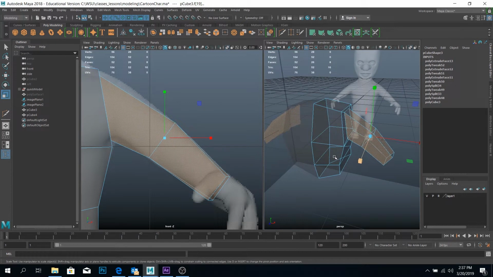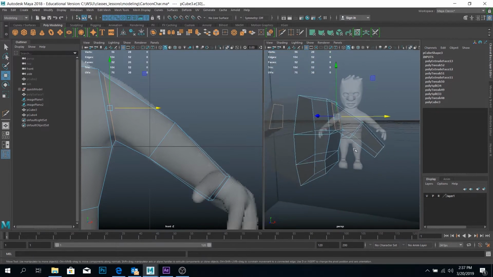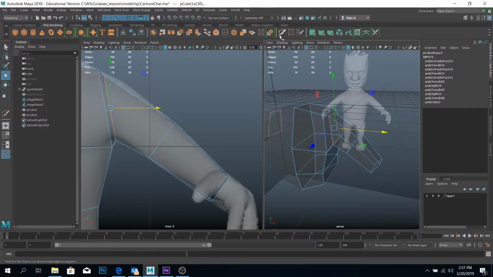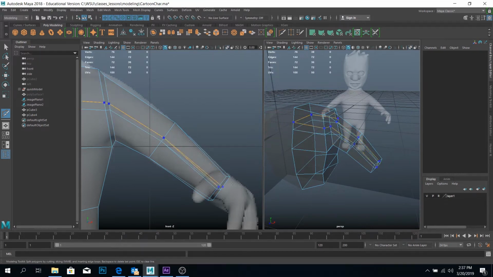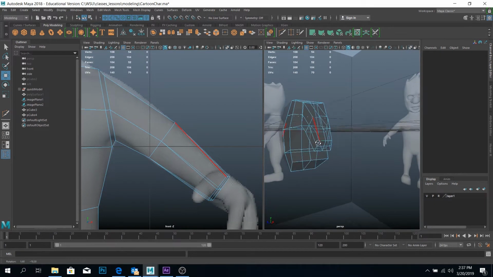Alright, so what we want to do is we are building this. So I'm going to select that little edge loop, and I just want to bring it out just a hair, just something like that. And then I know I'm going to need to put some topology in here. So let's go to our knife mode, and let's just put one right down the middle on each side. And then what we can do,